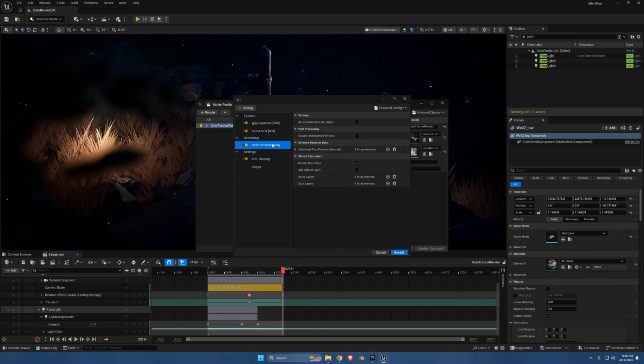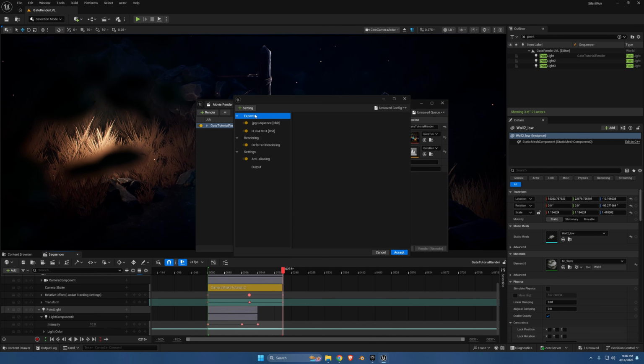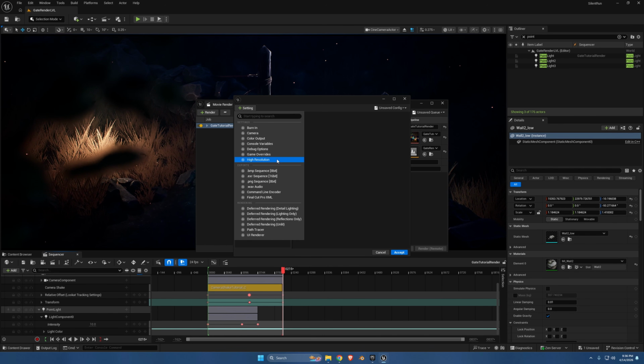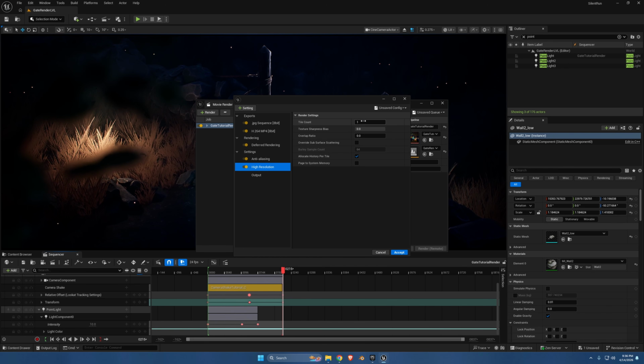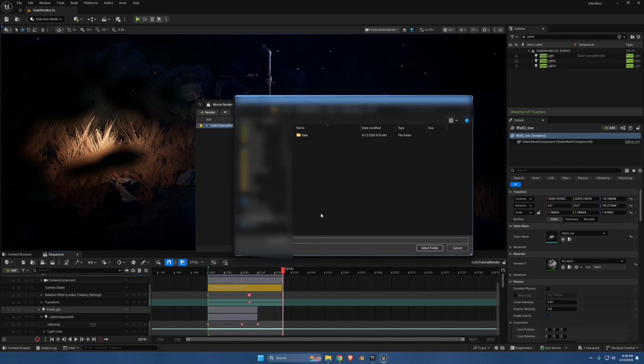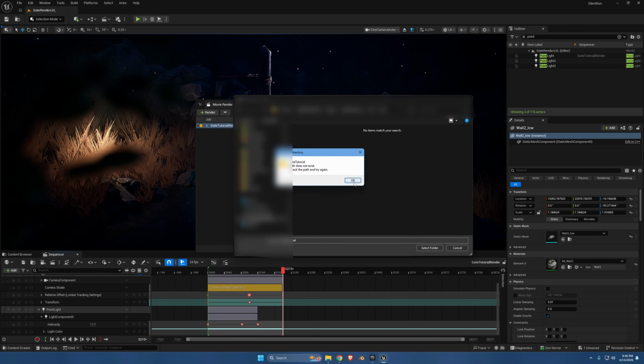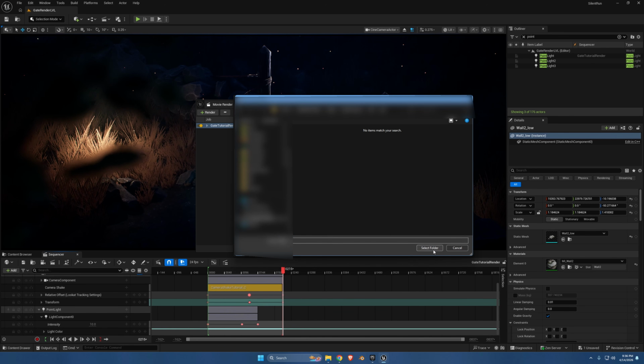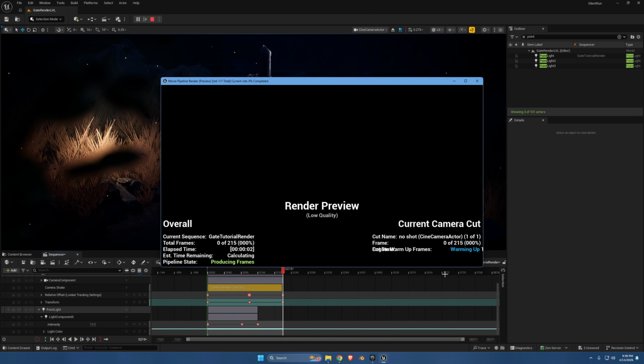Once that is done, let's add a high resolution option here, and in our output settings, we're gonna make it so that it's a 4K resolution. By just typing 1920 times 2 and 1080 times 2, we're gonna get a resolution of 4K. Now you just pick a folder where you want the rendering to be rendered to, so where the movie is going to land finally. And once that is done, you can just hit accept and click on render local